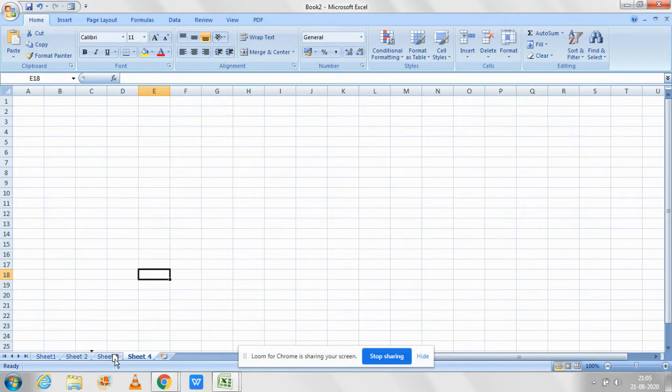Also you can move it from here to here, or you can move it from sheet 1. So you can move the places of these sheets according to your need. Whatever sheets you are using frequently, you can change according to your need or according to your work. So these sheets are flexible and easily movable. So these are the things which can easily be done in the worksheet.